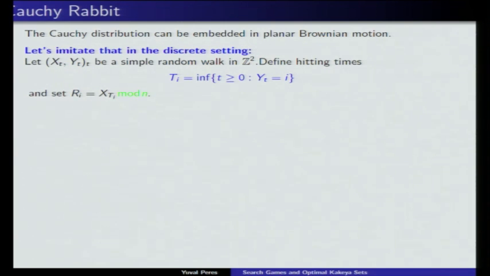I'll draw it here. So he'll draw a lattice. So remember, this is a cycle. So this is periodic. So these 2 points are identified. But let's draw this piece of the Z2 lattice. And the rabbit, so this is time 0. This is where the rabbit is now. And he has to determine where to be at time 1. Okay, so this is this jump distribution.